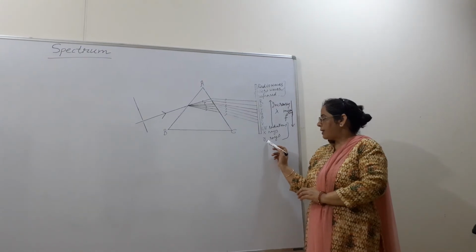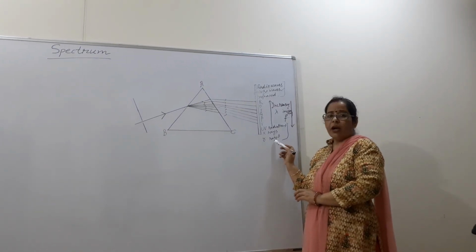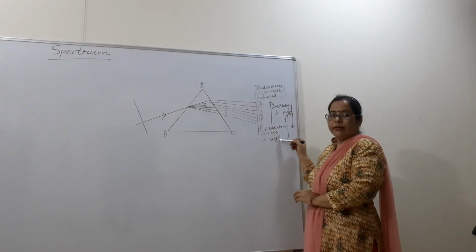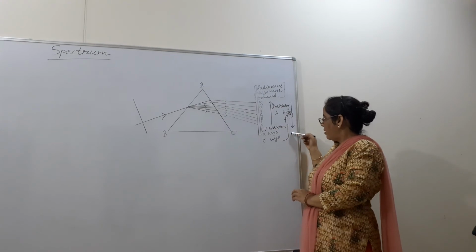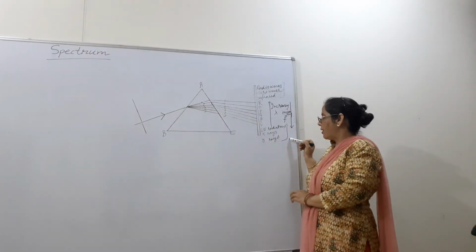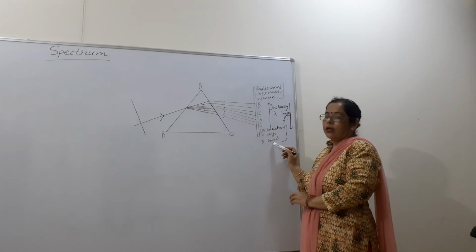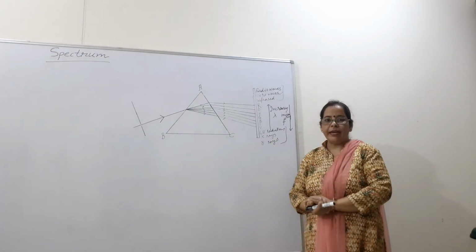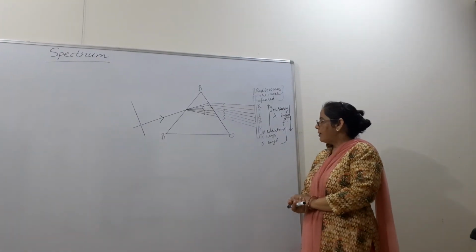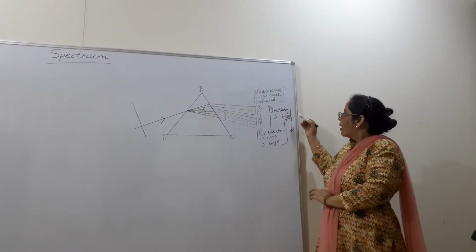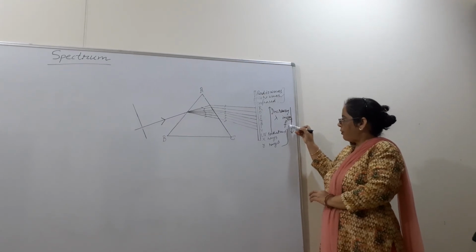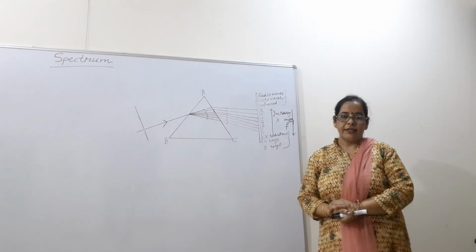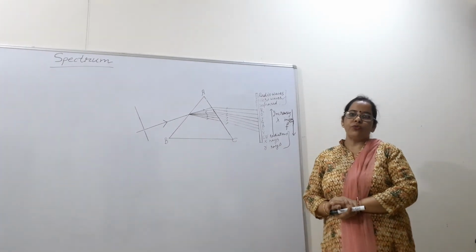Then the last one, beta, is gamma rays. Gamma rays have, you see, least wavelength but maximum frequency. These are chemically more energetic. They are highly energetic electromagnetic waves, and because of their high energy and high frequency, they are used to kill cancer cells. So they are also used in medical